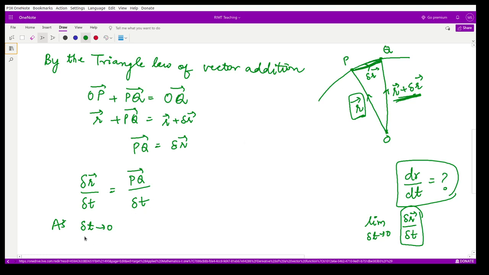So that means whenever your t goes to 0, you can say the point Q reaches the point P. So it is coming very close to this point P. Therefore, we can say the chord PQ. What is the chord PQ? That is a straight line joining the points P and Q. This chord will tend to